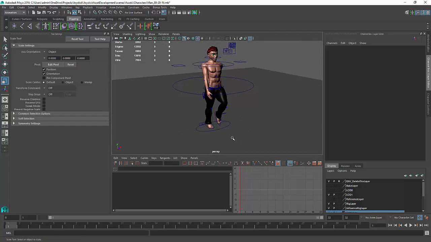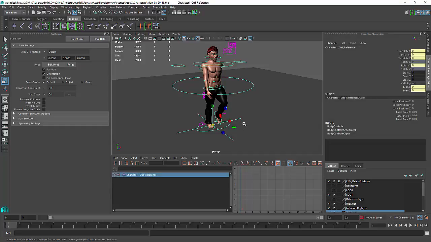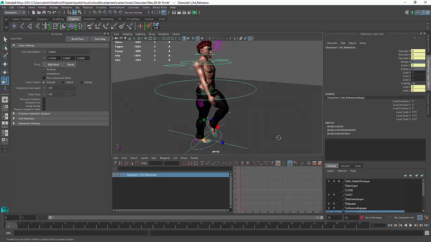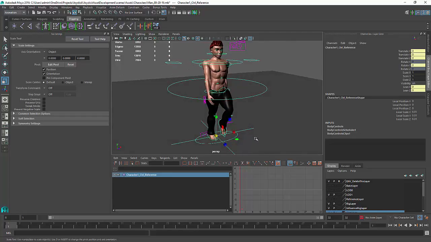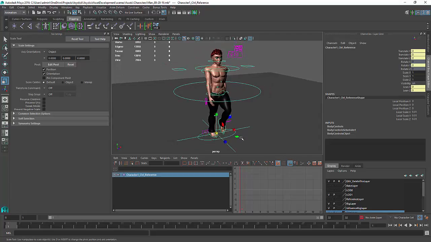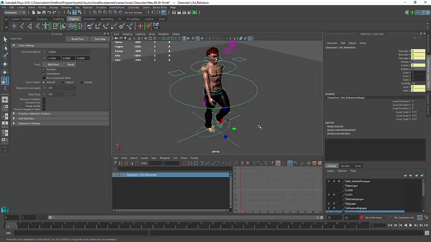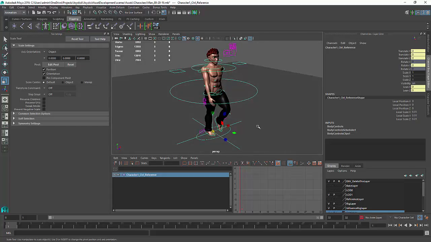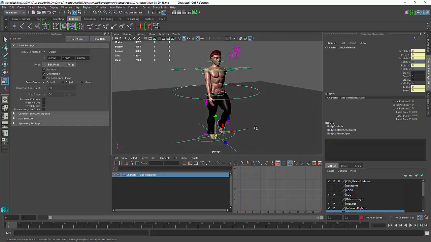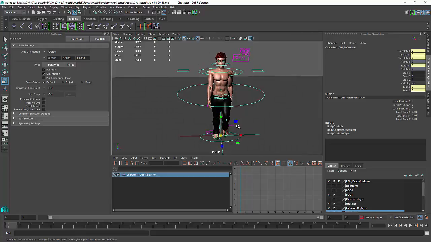You could translate him around through code, in which case this is where you would stop, and then you would drive that motion in a different way. I just feel like you're asking for trouble if you do it that way, because I don't think that the feet would line up quite right. It would be hard to get them to line up anyway. They might look like they're floating. Anyway,